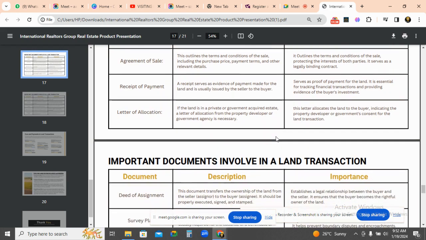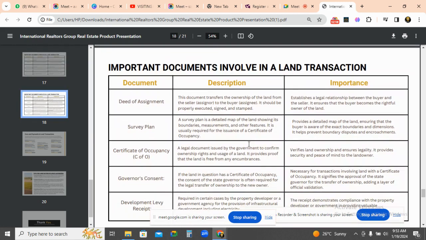Then later we have what is called letter of allocation. So what is a letter of allocation? It is basically the letter that allocates a portion of land to you as your own. This can be done by the property developer or a government agency, if it is the government that is selling that land to you. Most times the property developer will allocate the land for you and will give you a letter stating that this total land has been allocated to you on such a date at such an hour. And this is the location of the land, whatever the block is, it will be stated in that letter of allocation.